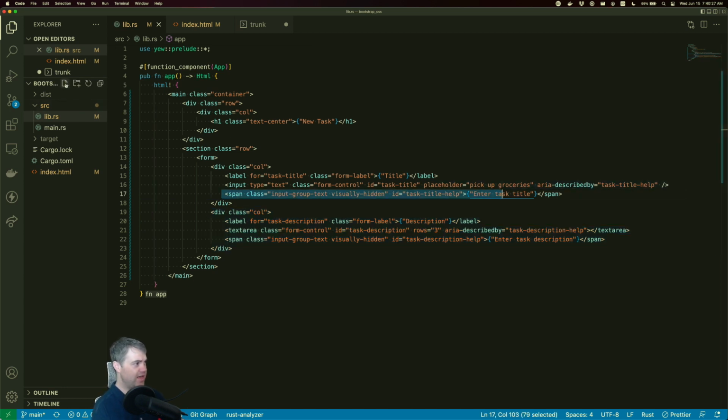So let's go ahead and create a new file here, and I'll just break out this text field here, but the same idea works with anything from Bootstrap. So we'll do a text form field